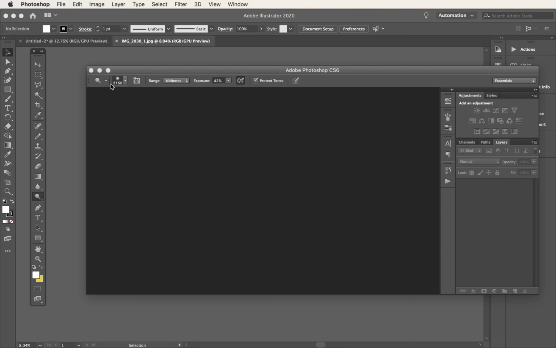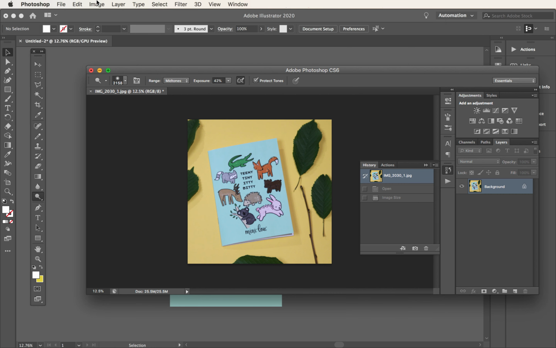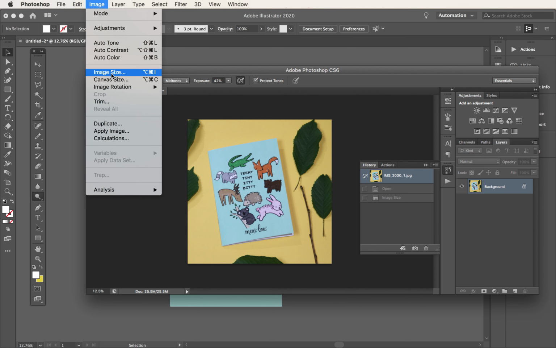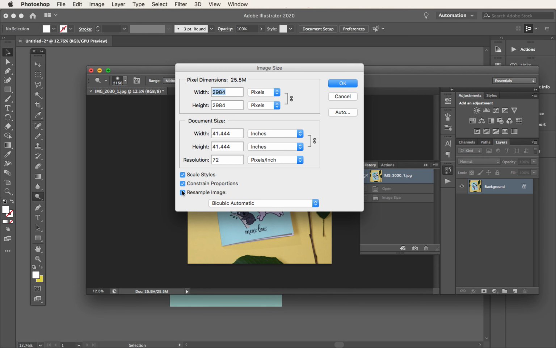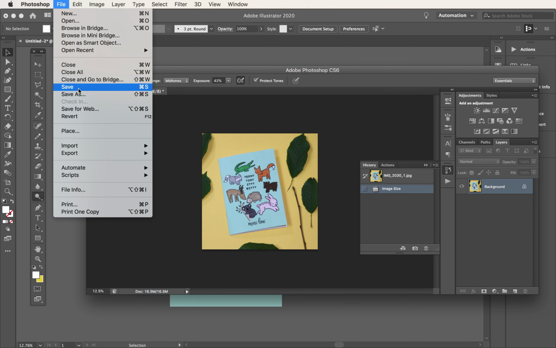I'm going to open up Photoshop, do File, Open, and open that photo. Let's do the image sizing. I'm kind of just guessing, because I don't actually know the pixel size on the iPhone X. I could go look it up, but I've been lazy and haven't done that. So I'm going to take off resample image, change it back to 300 again, and change this to, we'll just say, an 8, because part of the reason it was showing up so big was because it was 72 DPI. So push OK, do File, Save,